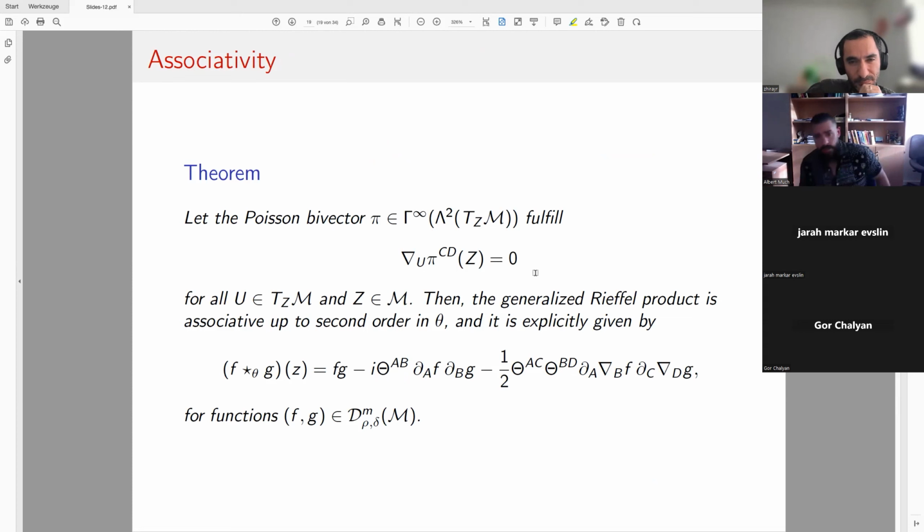The point is that the covariant derivative of this guy has to vanish. So this is the Fedosov quantization. Fedosov quantization works if the covariant derivative of the symplectic structure vanishes, and this is basically the same thing, because if your symplectic structure has an inverse, then it's a Poisson bivector. Okay, and the Poisson times symplectic covariant derivative is 0. So if the covariant derivative of omega is 0, the covariant derivative of pi is 0. So somehow it is hidden in there.